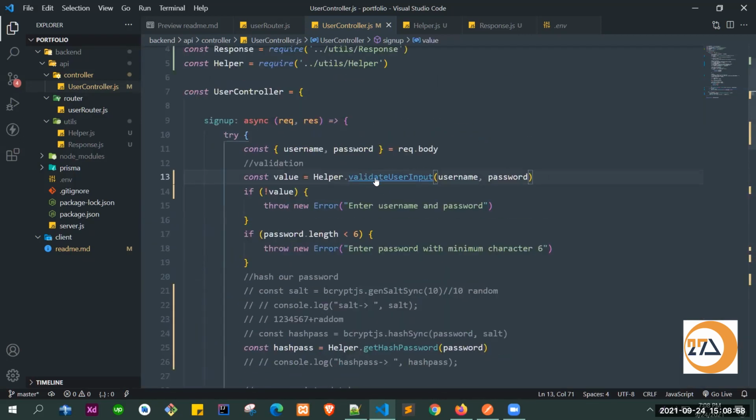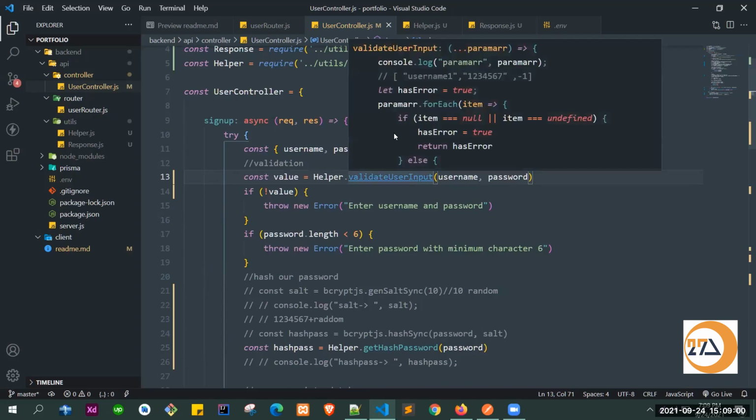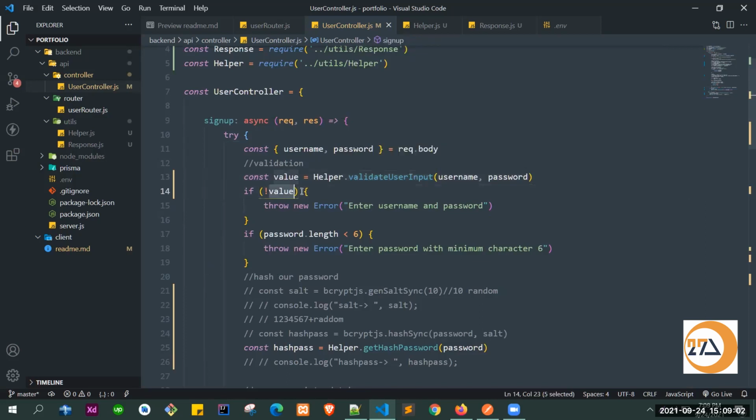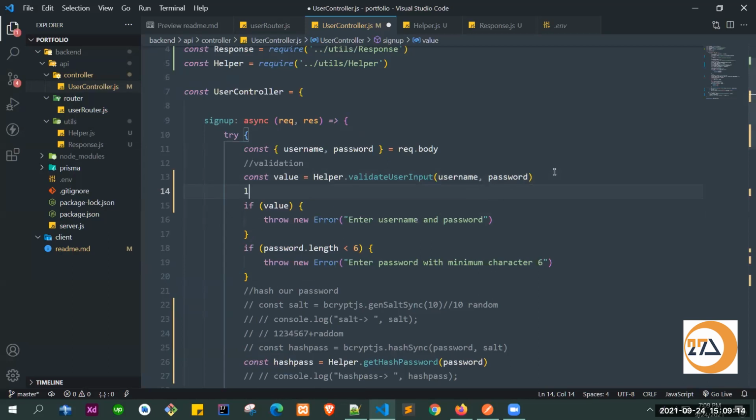So hasError will give you false. This won't work. Let's check the value.